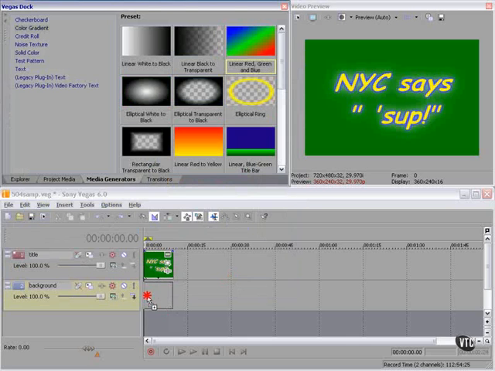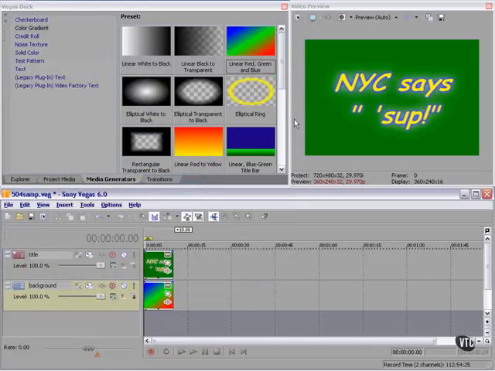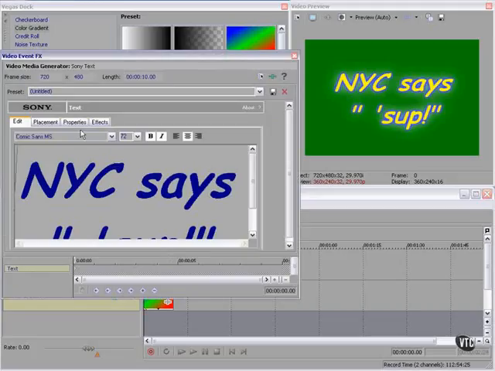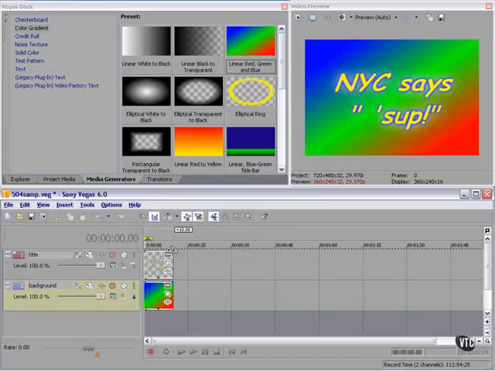Suppose I drag this down here. Let's just take whatever is there. By default, we can adjust it. Everything in Vegas is adjustable. Can't quite see it. Well, maybe we need to go back here and, there we go. By fading the background color on the text itself, on the text clip or event, to transparent,